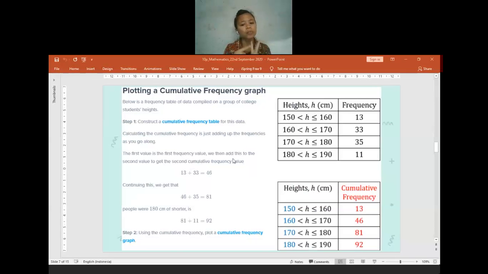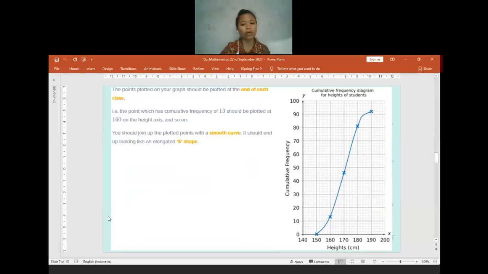So later on, for the things that you have to do, you have to find the midpoint. After you find the midpoint, you have to find the cumulative frequency. Cumulative frequency is the things that we did before. This is 13. After that, you add 33, you get 46. 46, you add 35, you will get 81. After that, 81, you add 11, you will get 92. After you already have the cumulative frequency and also the midpoint, later on you will just draw it properly and